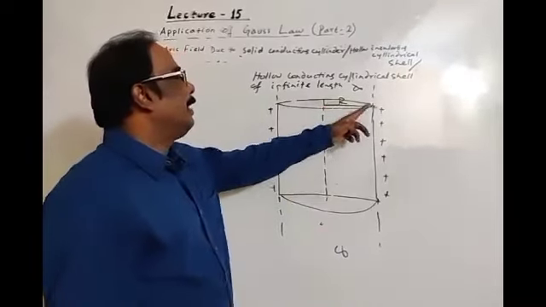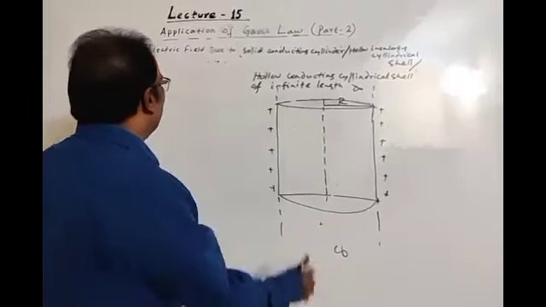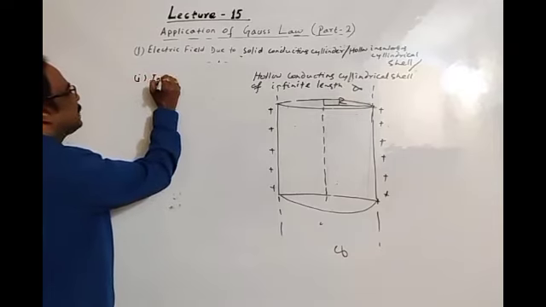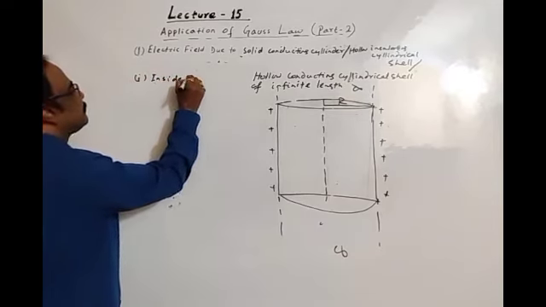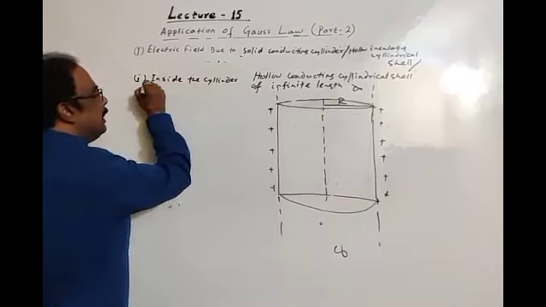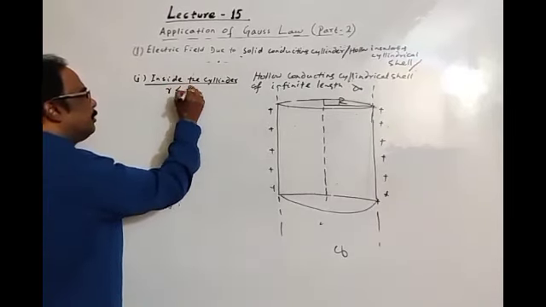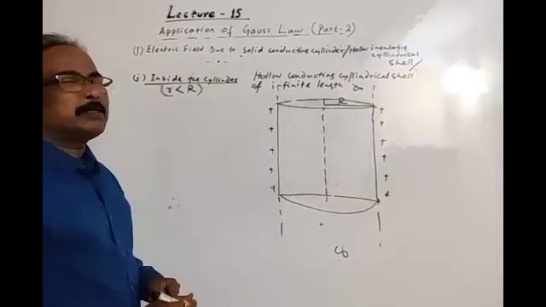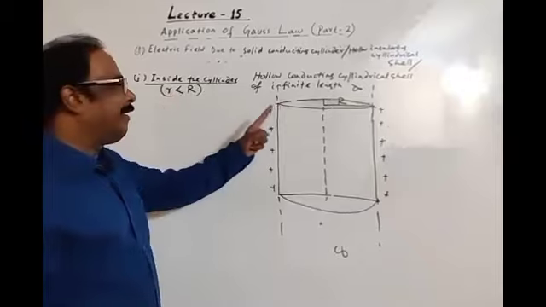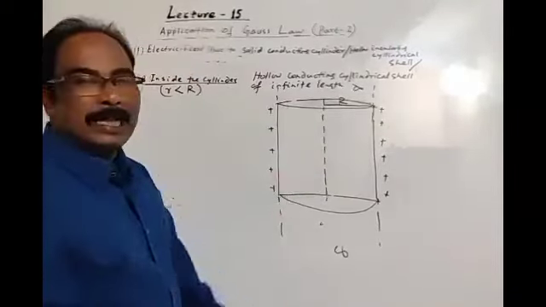Okay, now the radius of the cross-sectional area of the cylinder is R. First case, number 1, inside the cylinder, at a distance r, if r is less than R. See students, in the previous lecture we have taken r as any distance, small r, the radius is capital R. Inside the cylinder means small r is less than capital R.